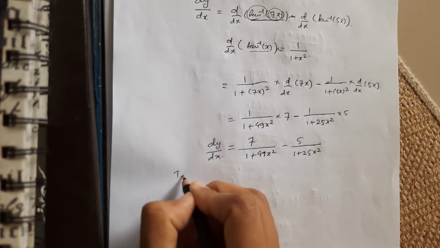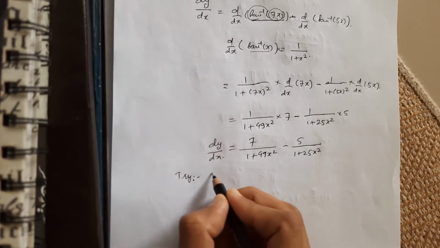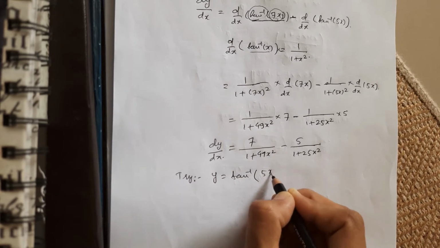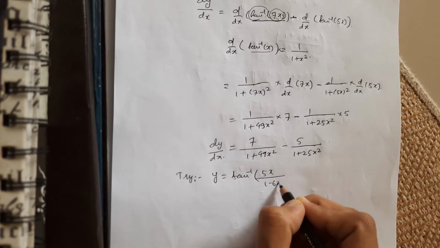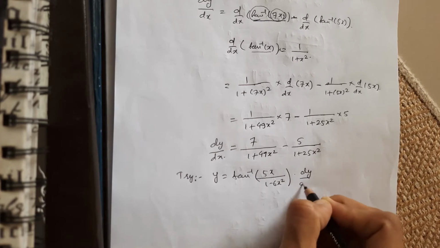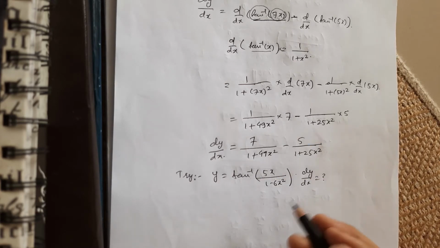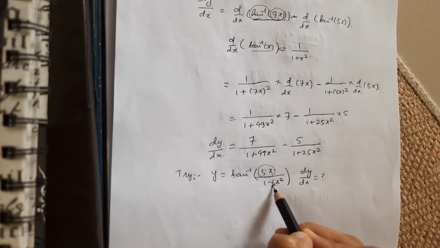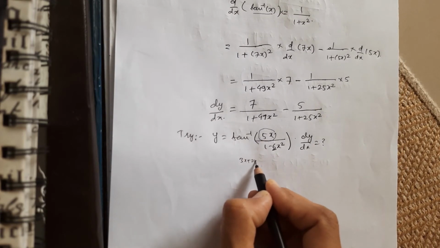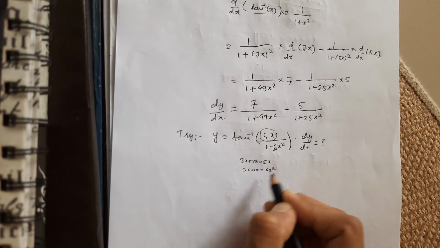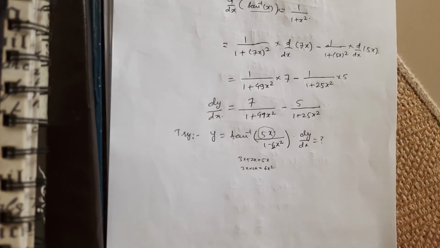Now I want you to try this example. Try this out and let me know in the comment section what will be the factor and how you write it. So you just need to find dy by dx. On the same logic, just find the pair whose difference or addition should be 5 and multiplication should be 6. So I think it's 3 and 2. It's pretty clear here. So 3x plus 2x is 5x and 3x into 2x is 6x square, right? So just split it out and try the example.